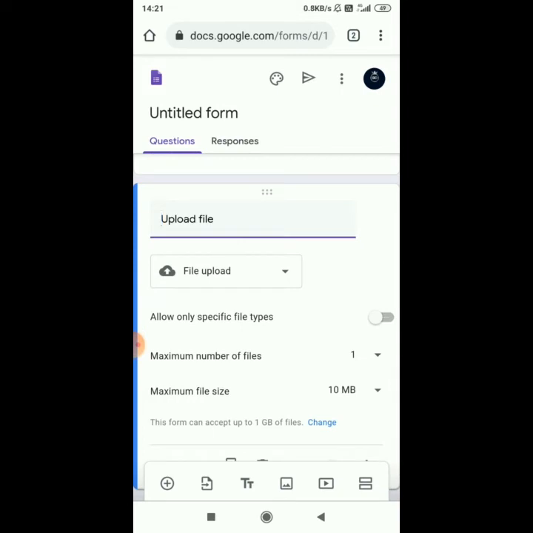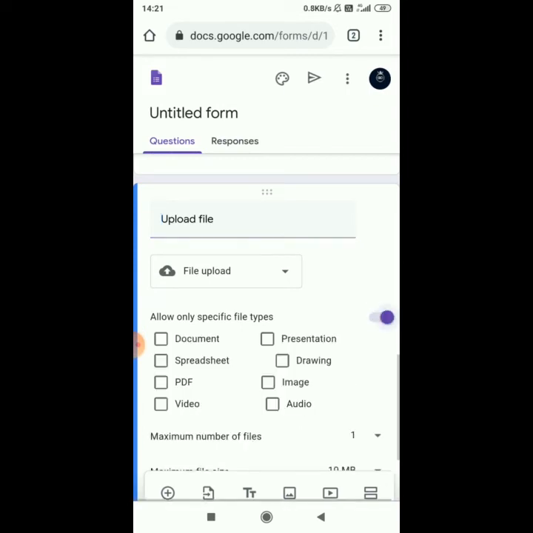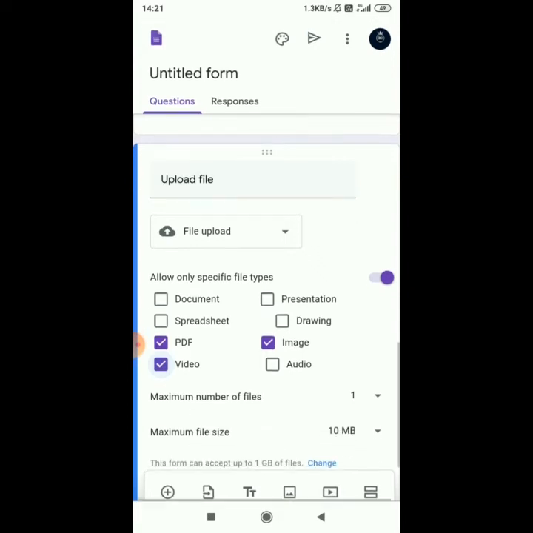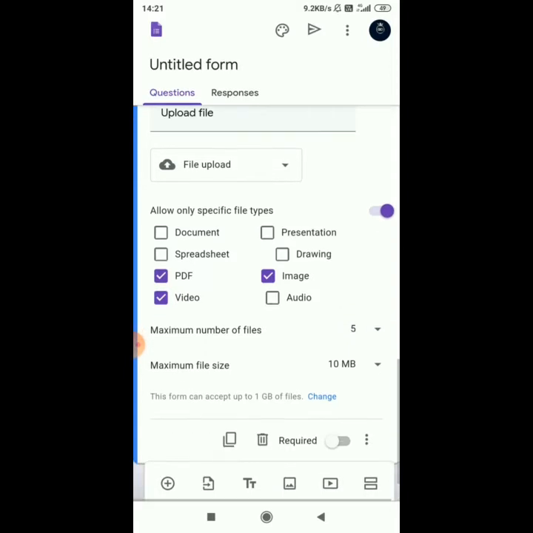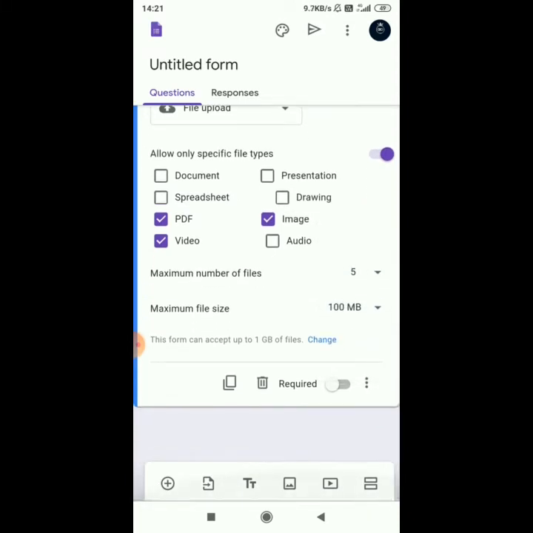Here you can select the file types which you want, like PDF, image or video. You can select the number of files. You can select the file size from here. If you want this to be mandatory, you can turn the required option on.